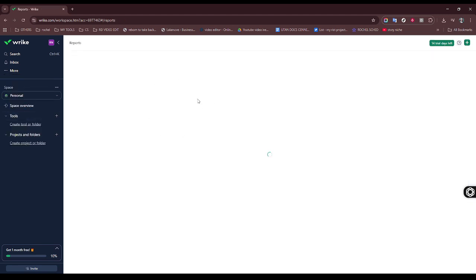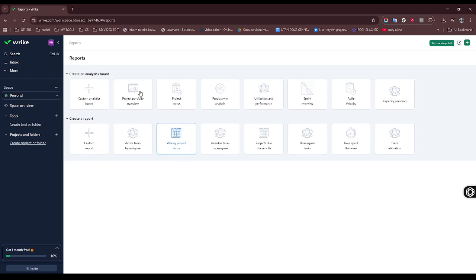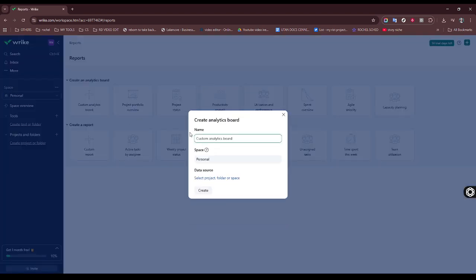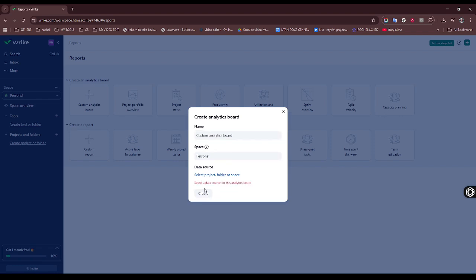Once you're in the report section, the next step is to create a brand new report. To do this, locate and select the option labeled Create Report. This is your starting point for generating a customized report tailored to your specific requirements. By selecting this, you open a range of options that will allow you to decide on the structure and content